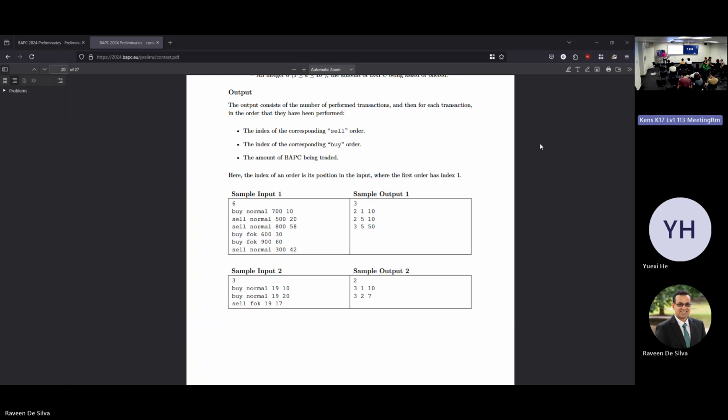So here we can think about how many times orders can be cleared from the exchange. For one exchange, one buy or sell order should be eliminated. Exactly. Anytime that a transaction happens, ignoring fill or kills, one of the prior orders gets completely eradicated. Either the order that you put in gets completely fulfilled, or you clear out one or more of the things that are there already. So I can guarantee that over all the normal orders, I still only need linear time, because every order gets completed only once. Yep.